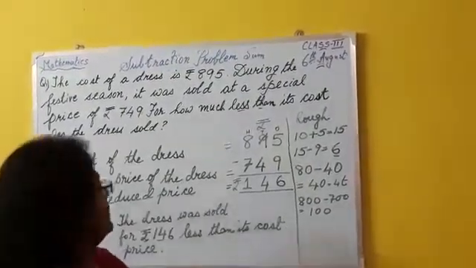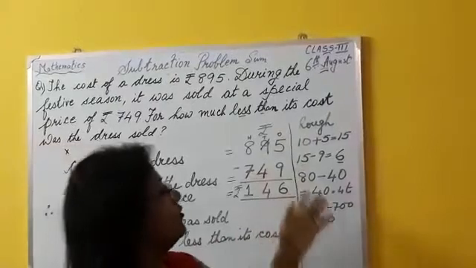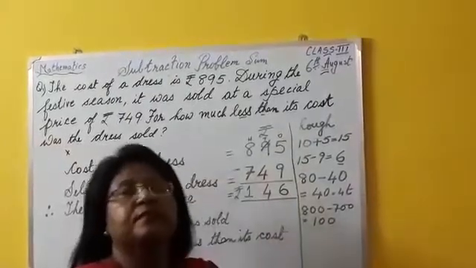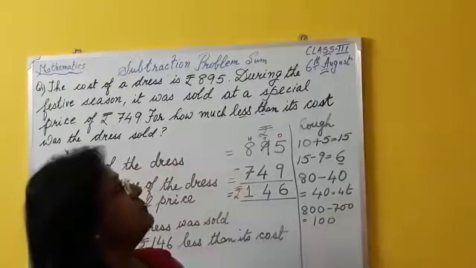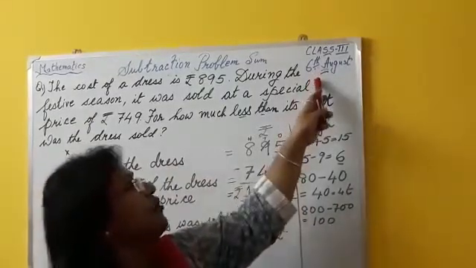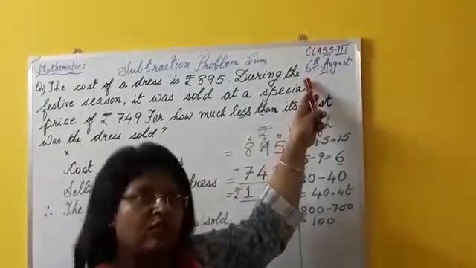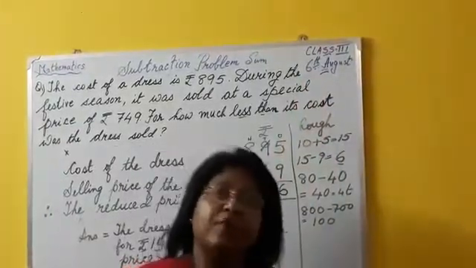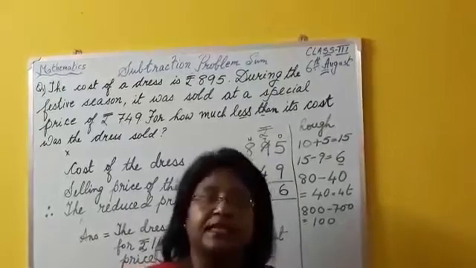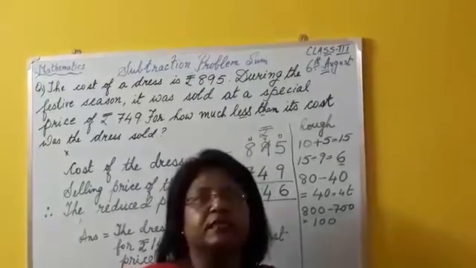Okay children, so this is how you do your subtractions. I have given similar type of sums in your worksheet of 6th August. So this video is related to your 6th August worksheet, and look at the sums, read them, write proper statements and complete those sums nicely and neatly in your school exercise book.